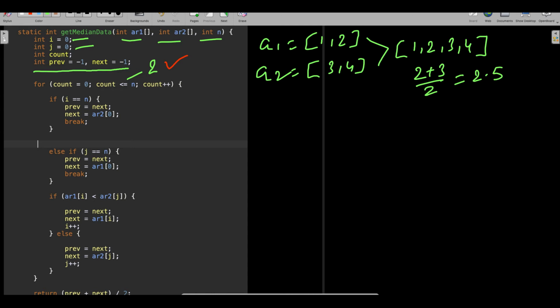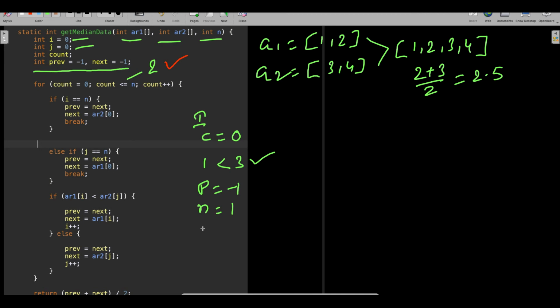Let's say in the first iteration the counter was 0. It came here, array of I less than array of 2. So 1 is less than 3, yes, in the first iteration. Then prev became next, which is -1 in the first loop, because in the beginning it is -1, and your next is going to be 1 as per the logic.